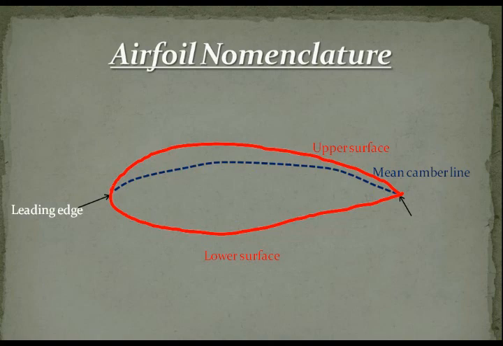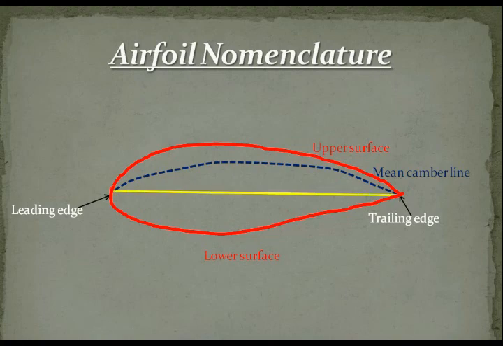The most rearward part of the mean camber line is referred to as the trailing edge. The trailing edge is the portion at which the airflow over the upper surface joins the airflow over the lower surface. The design of this portion of the airfoil is just as important as the design of the leading edge, because the air flowing over the upper and lower surfaces must be directed to meet with as little turbulence as possible, regardless of the position of the airfoil in the air.